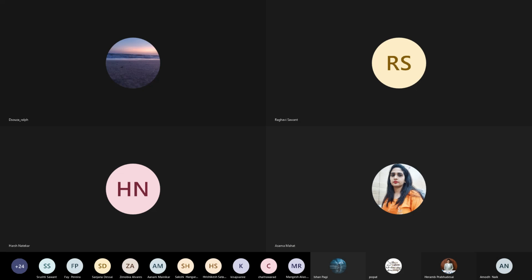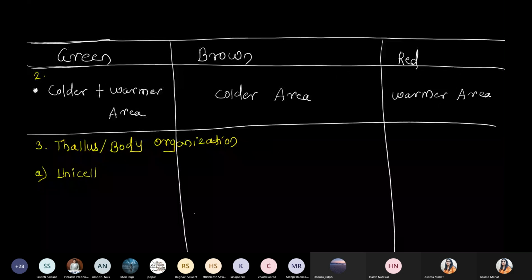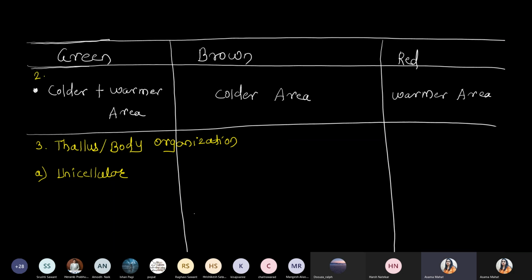Unicellular. Unicellular body. And you have to remember the example under the unicellular. First example, that is Chlorella,